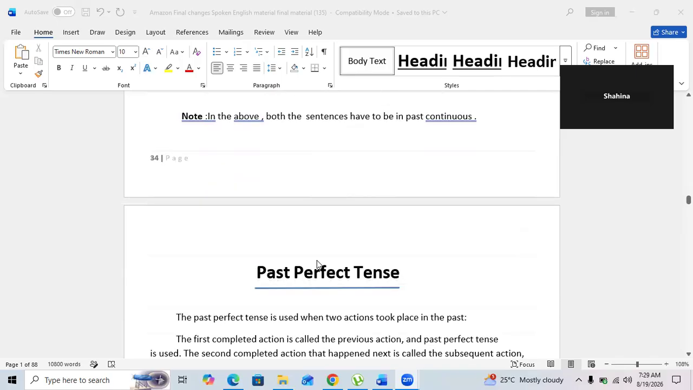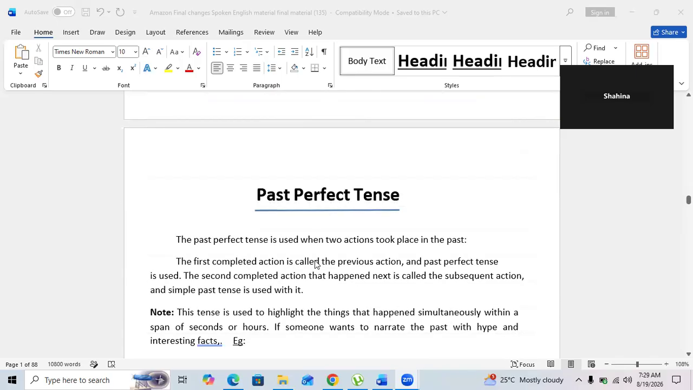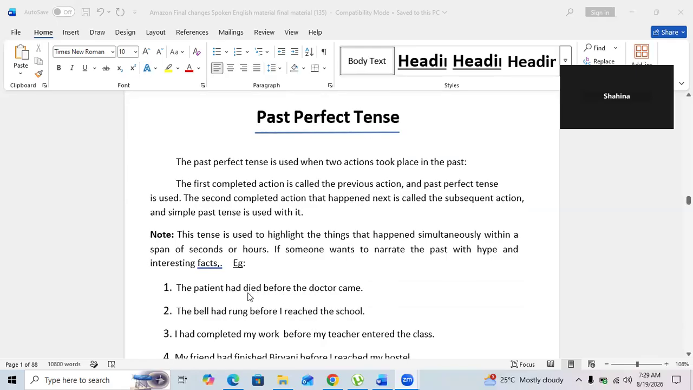Okay, so similarly, let's try to complete this as well, that is past perfect tense. So past perfect tense, usually people say I had taken my lunch, it means already completed. One very important thing I need to tell you is, whenever you use past perfect, always use two sentences. And what are those two sentences? The patient had died before the doctor came. It means